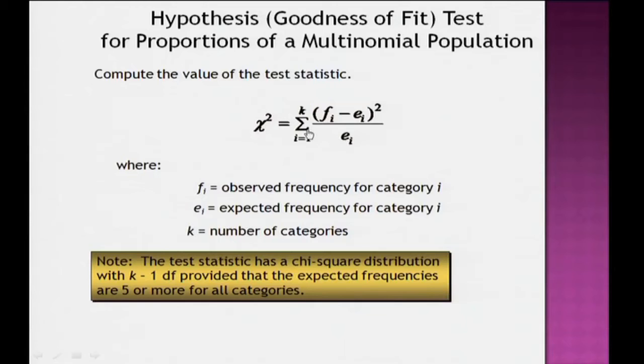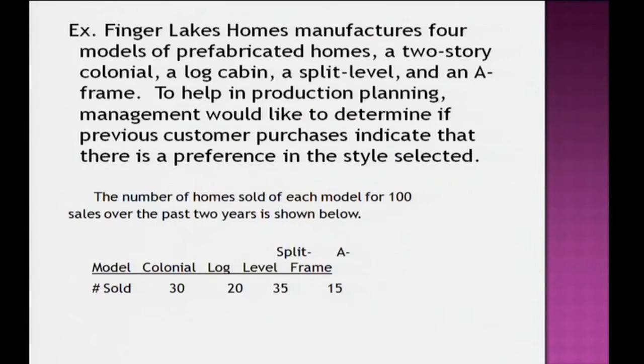This follows, whatever number of observations are here, a k minus 1 degree of freedom situation. At k minus 1 degree of freedom, the chi-square tabulated value can be noted down from the table, and then that can be compared with the calculated one, right, and then we can make a decision whether to go by the null hypothesis or to go by the alternative hypothesis.